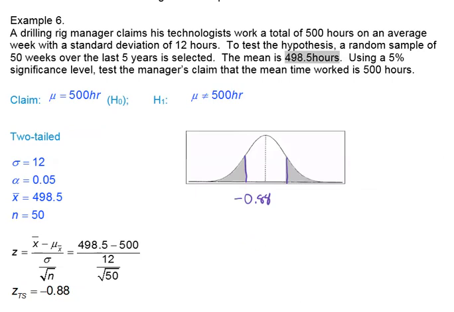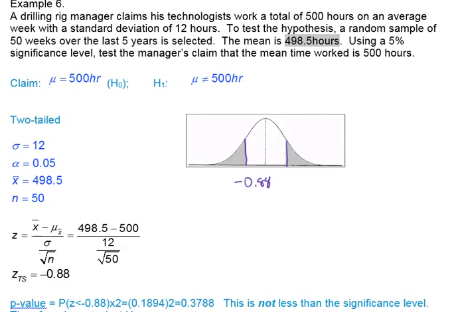it's 0.1894. Right, so that's going to be this area here, but then this area is also equal to that. So we double it to get a p-value of 0.3788, or if you prefer, 37.88%, which we're comparing to our